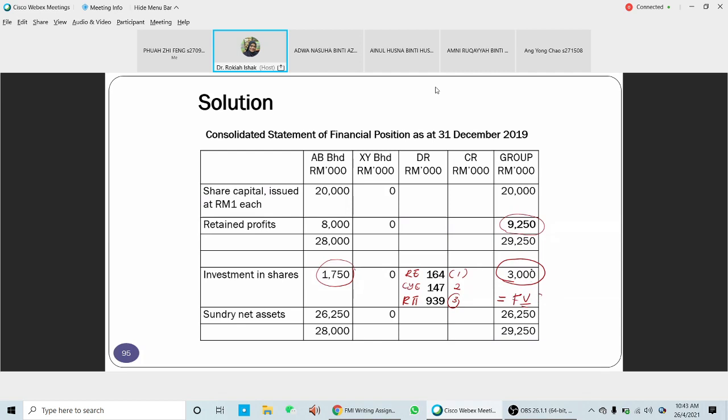Make sure that when you do the adjustment, if you find the figure is different from the fair value given here, it means there's something wrong with your calculations, with the gains that you recognize here. So be careful with this one. This is going to give you a checklist on whether your calculations are correct or not. This should be the same as the fair value given.